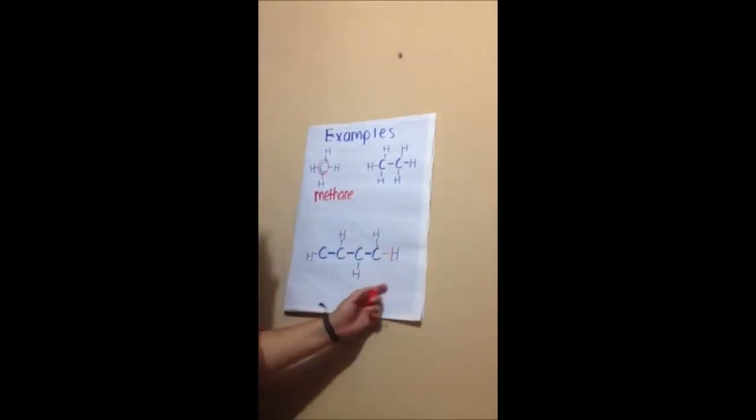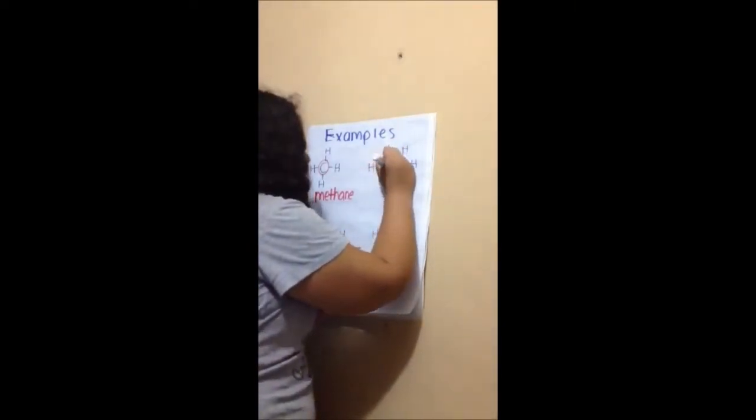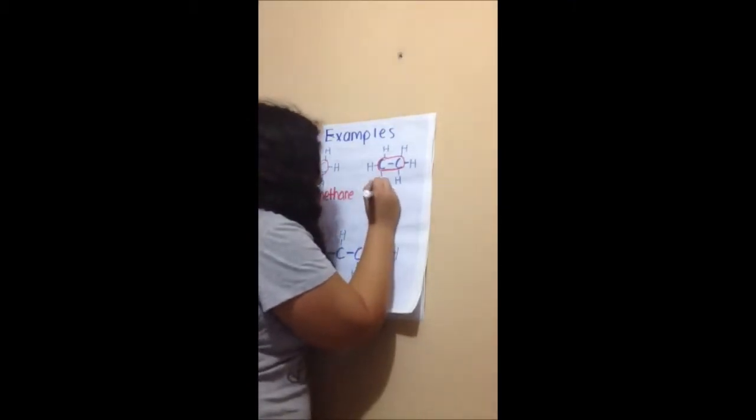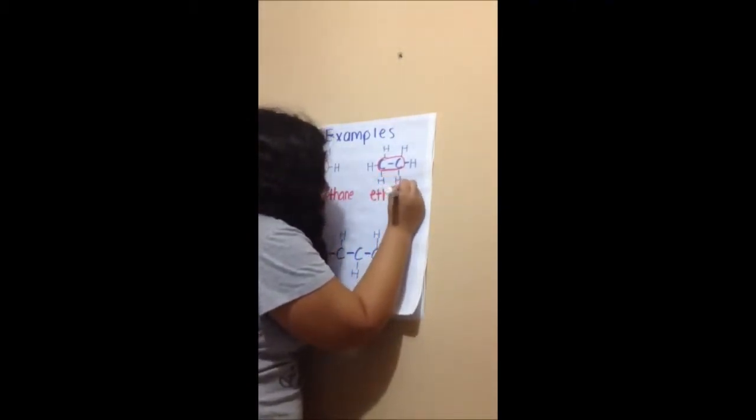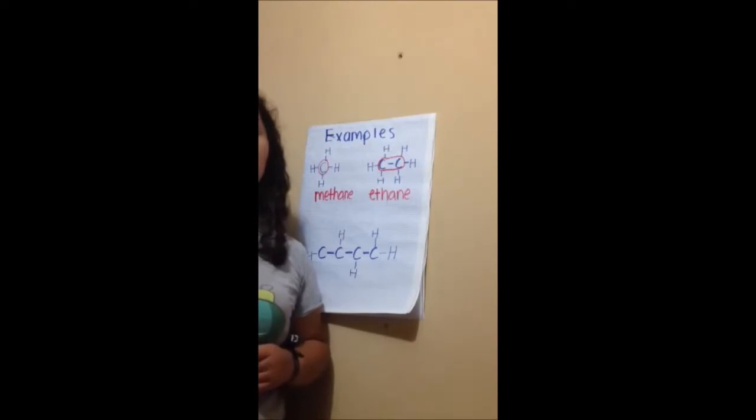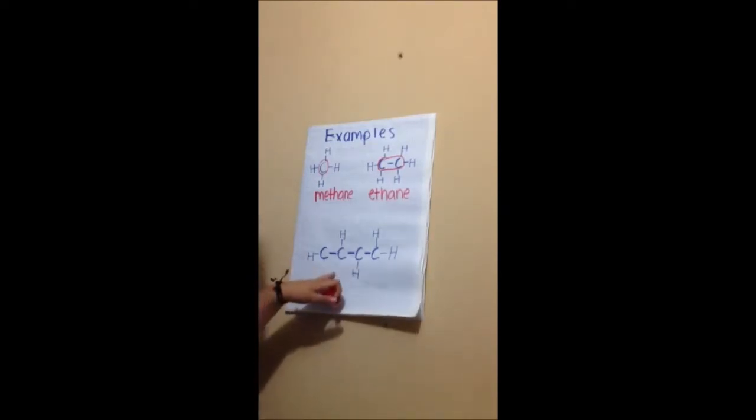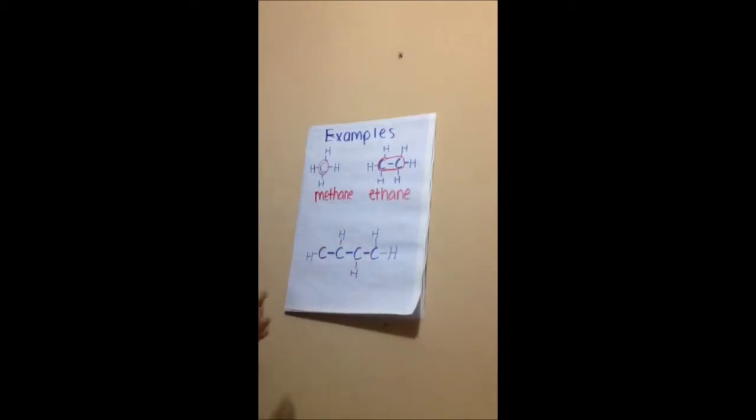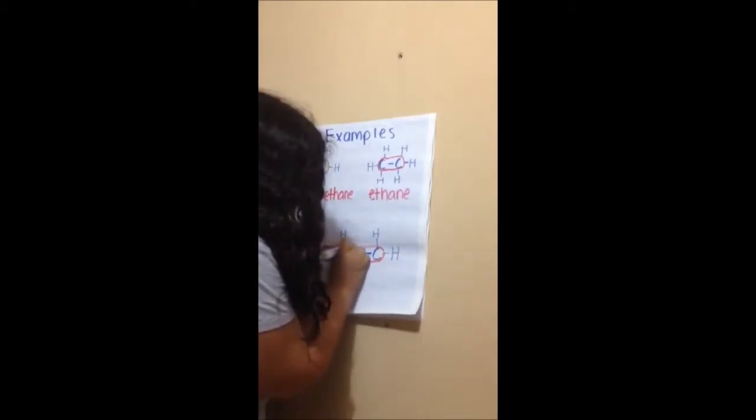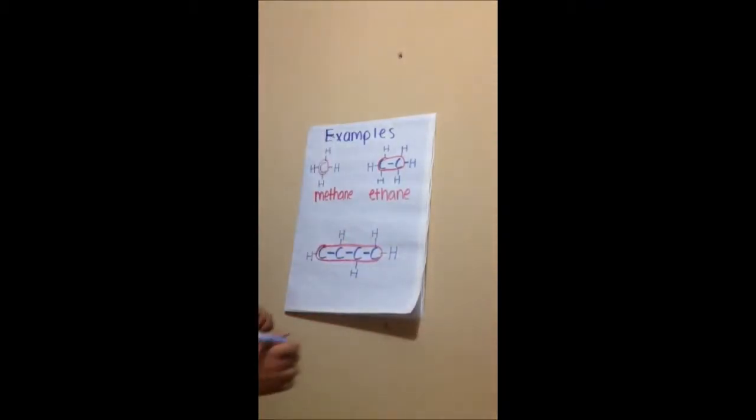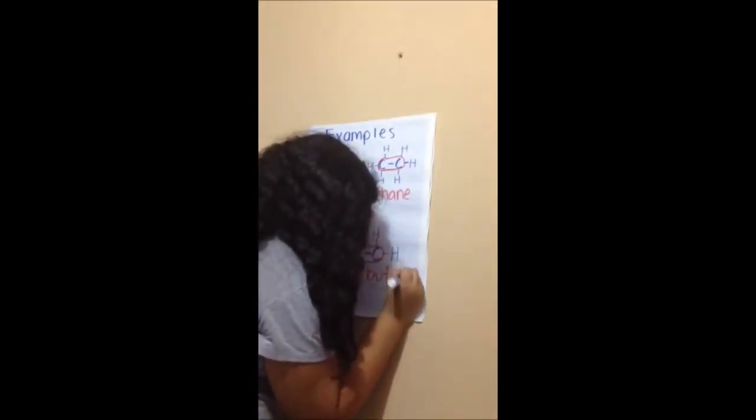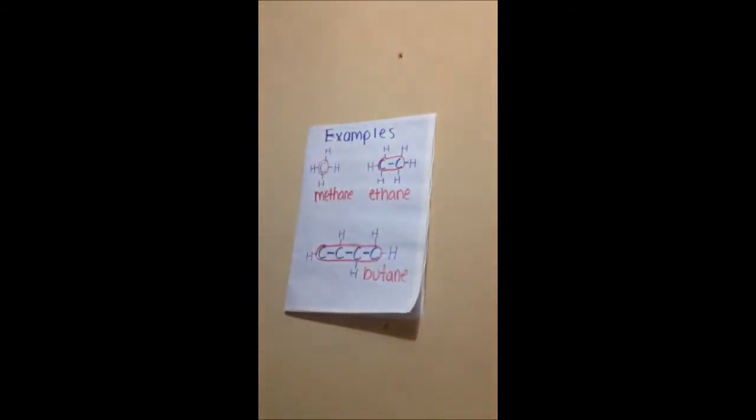For the second, we know that this is the chain. And in the third, we know we have 4 carbons and it's a butane. We also want